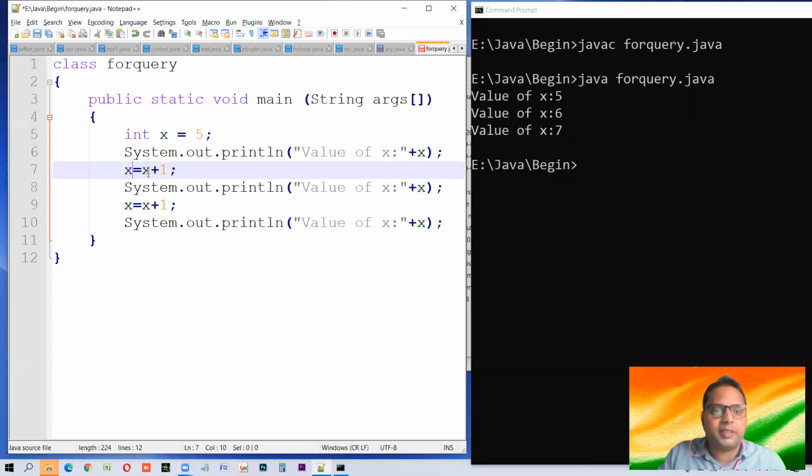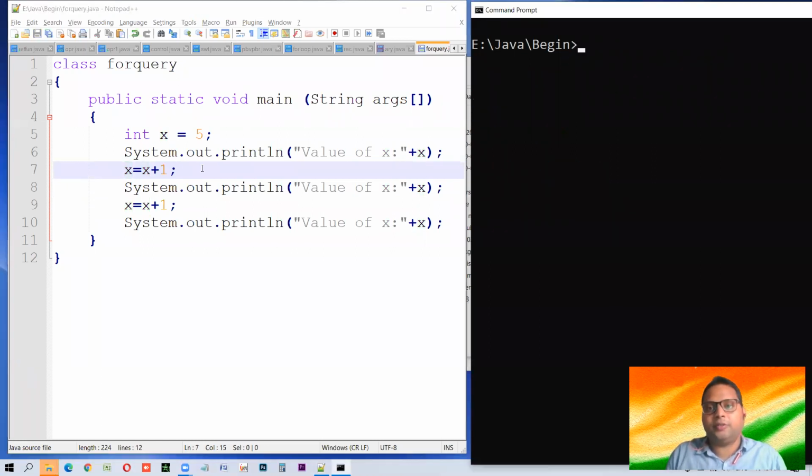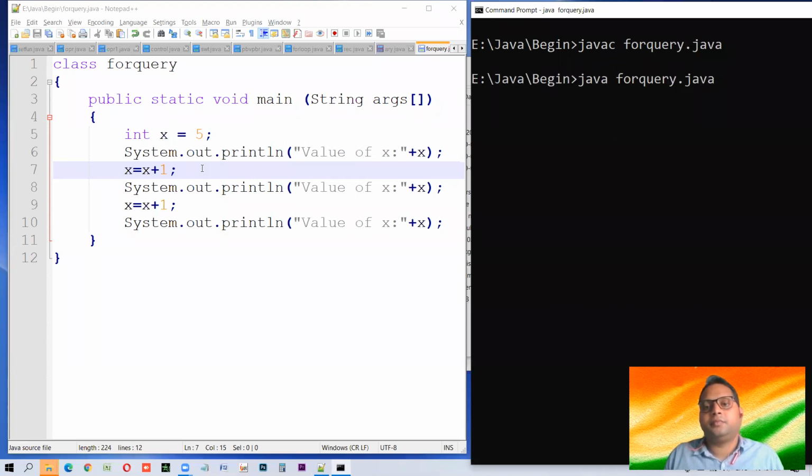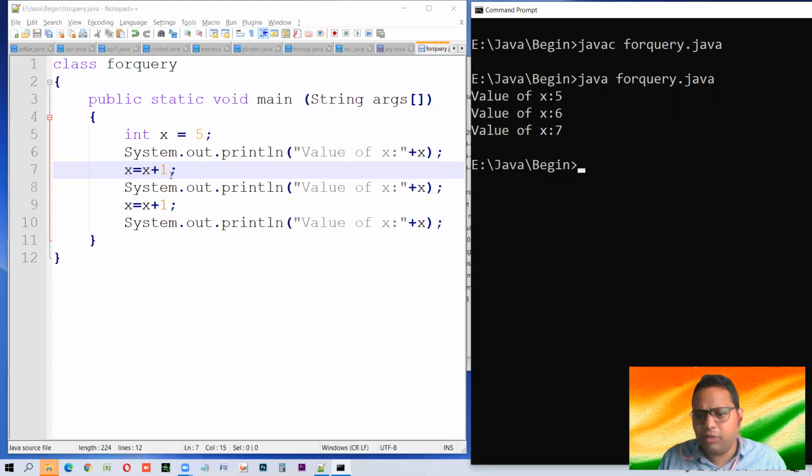The new value of x, this is a very important thing to understand, will become the existing value of x plus 1. That is, the existing value of x is 5 right now, plus 1 becomes 6, and 6 will be printed here. Now the existing value of x is 6, plus 1, 7. Now x has become 7. Let us first see whether this is working or not. Look, it works the same way. So it simply means this x++ is the same as this.